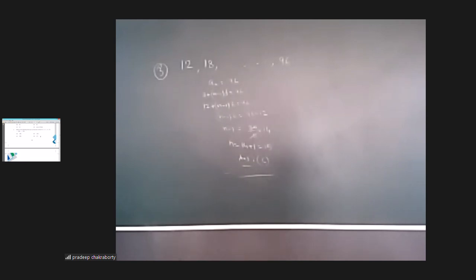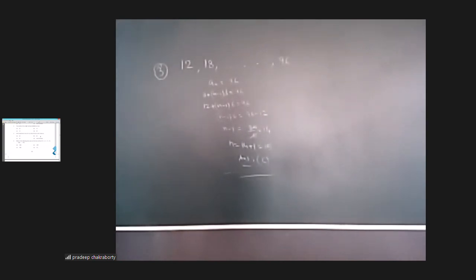Okay, so the two questions are there, 4 and 5. Please do this as homework. Okay, 4 and 5 you can do as homework, and if you are unable to do, then next class you just tell me. So I am just leaving this 4 and 5 for you. Coming to the next short answer type question.